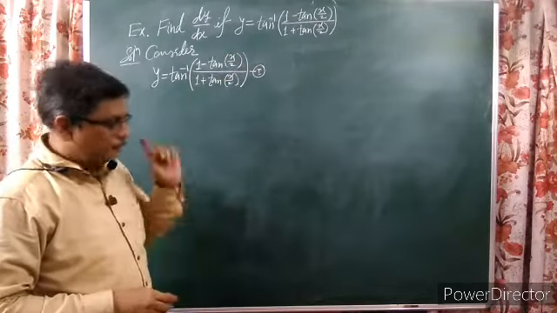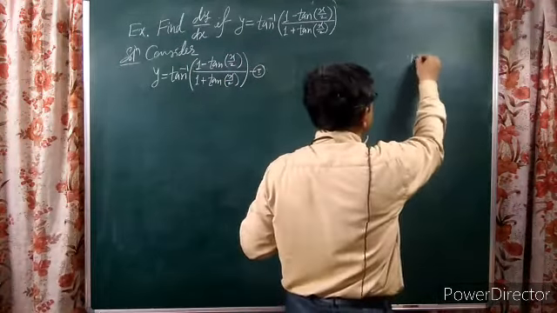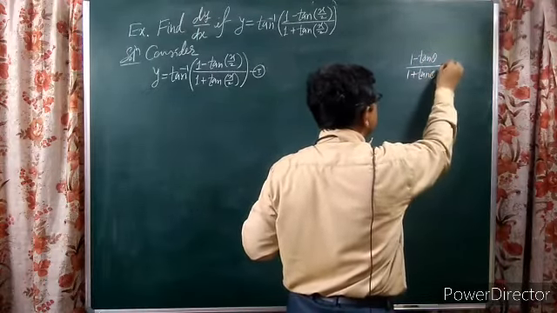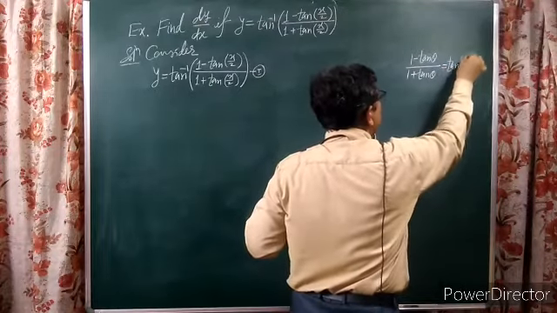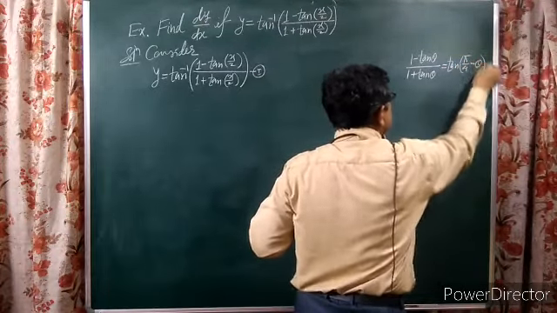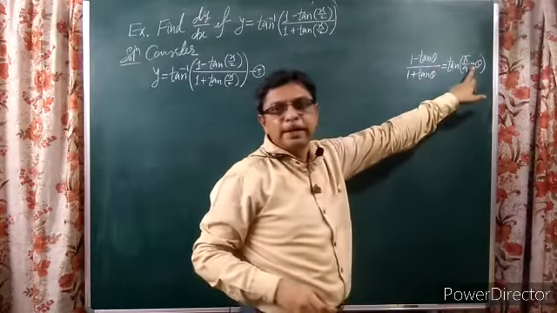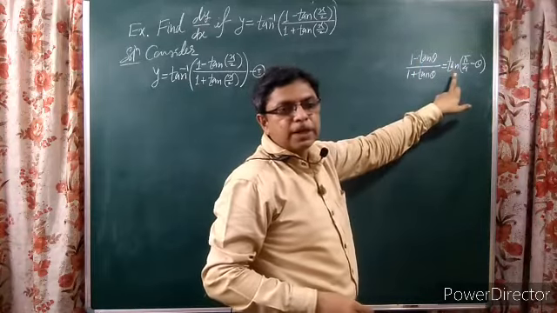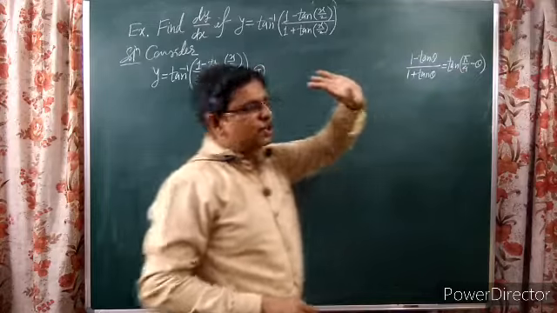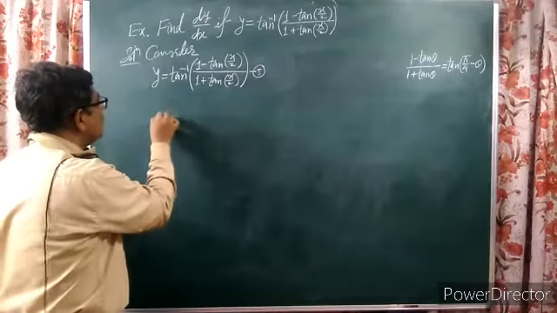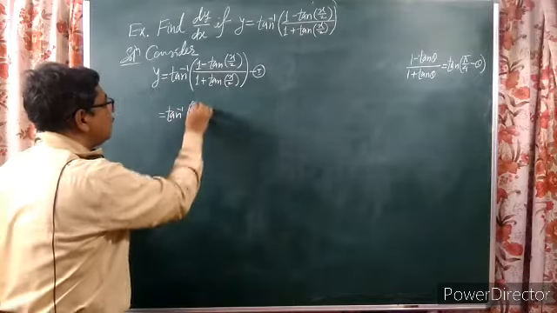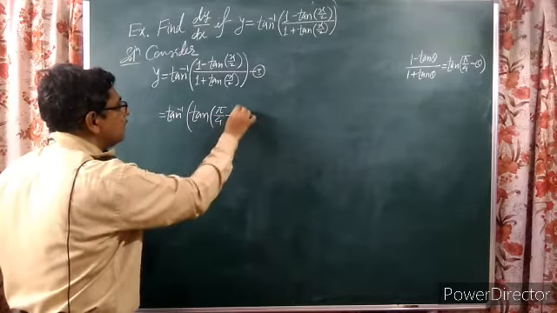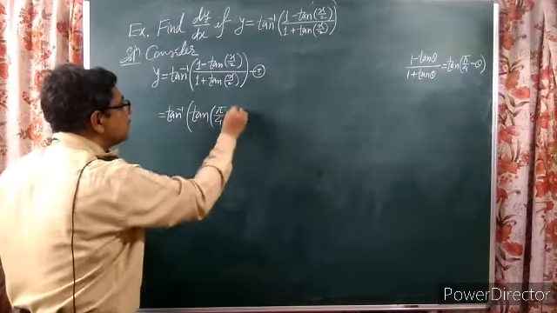If you are remembering, we have seen the formula. It is 1 minus tan theta upon 1 plus tan theta. What is that? It is tan of pi by 4 minus theta. If minus is in the numerator, we will get minus here. If plus in the numerator and minus in the denominator, then it will reduce to tan of pi by 4 plus theta. So simply we will get it as tan inverse of tan of pi by 4 minus theta, and here theta is x by 2.